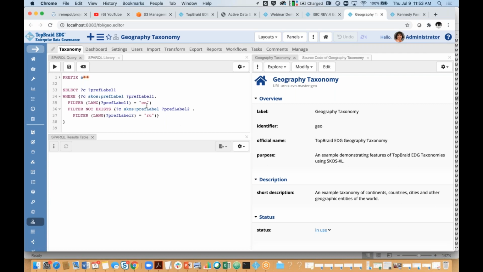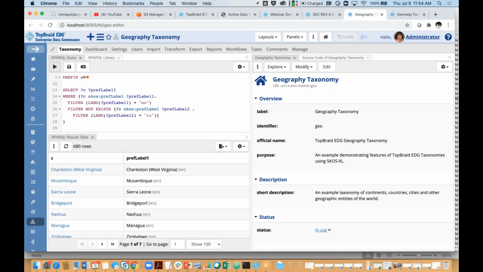everything that has a preferred label in English, but doesn't have a preferred label in Russian. So that's a useful query, and of course I could save it, and other people could run it, etc. But quite often you want to have this more generic. And by more generic, I mean, what if I want to have everything that has a label in German and doesn't have a label in English, or anything that has a label in English doesn't have a label in French, etc. So to make this possible,